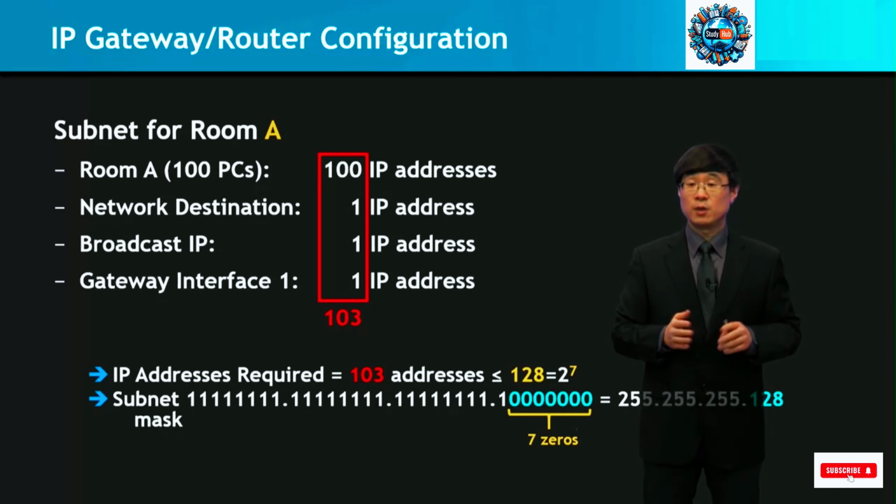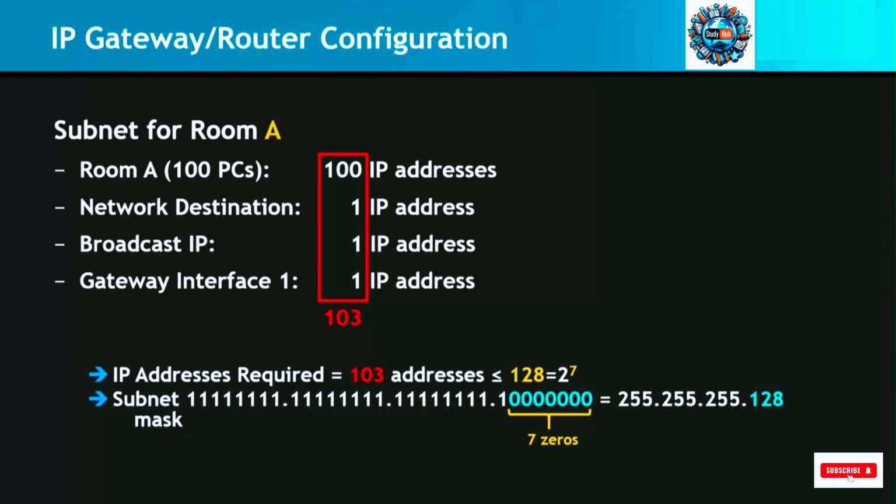Now, if you look at the subnet mask here, then 2 to the power of 7 is what we were going to use, which is 128. 2 to the power of 7 means that the 32-bit subnet mask will have the last 7 bits assigned as 0, and the rest will be 1. So therefore, the subnet mask will be